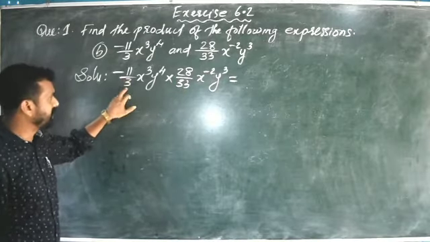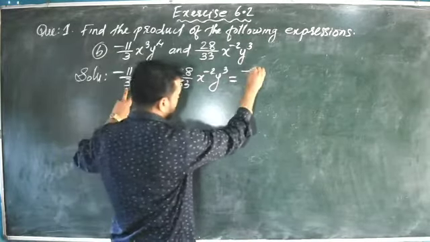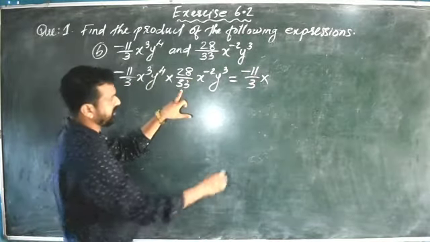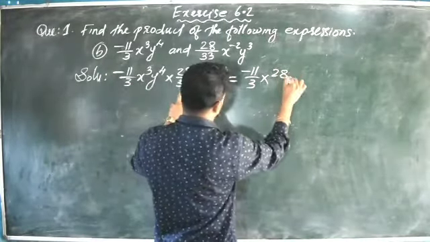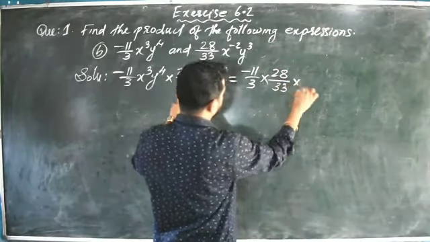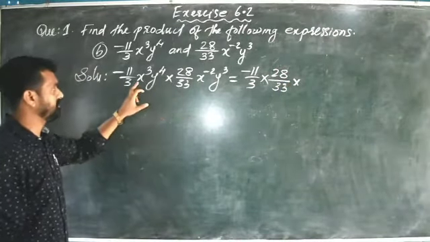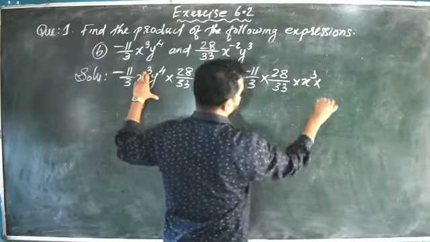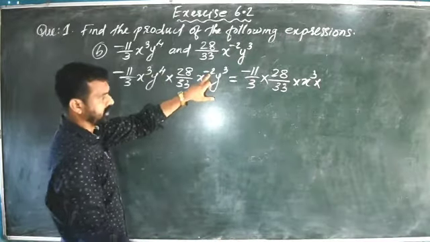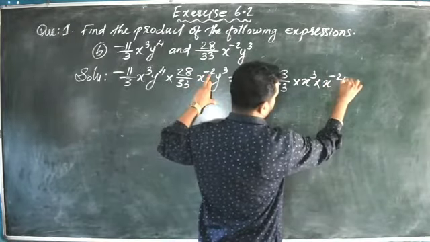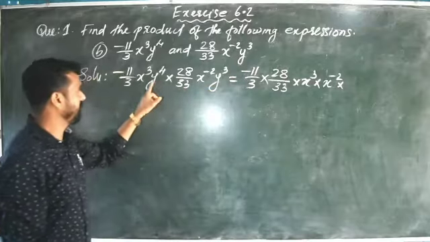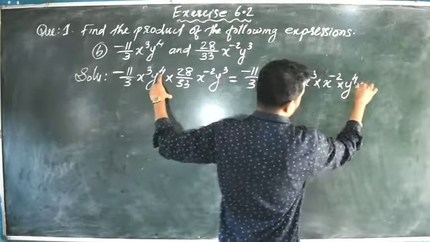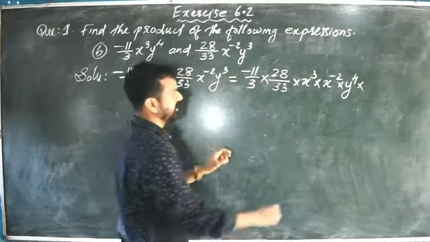Here coefficient is minus 11 by 3, into the second monomial coefficient 28 divided by 33, into next x we have to multiply. Here it is x cube into next one x raised to minus 2, into y, it is here y raised to 4 into y raised to 3,